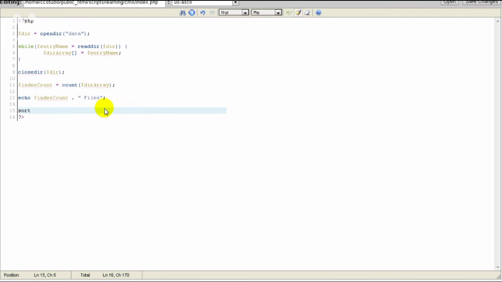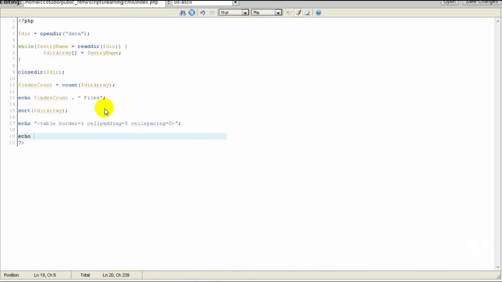Okay, now let's sort our array. And let's print it off. And then,